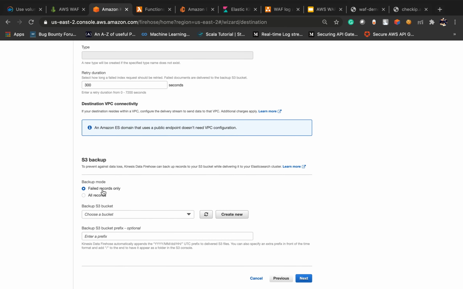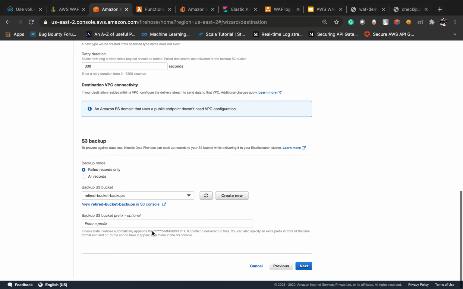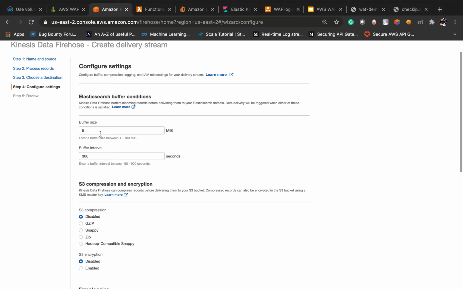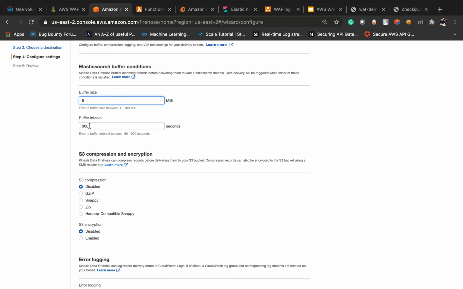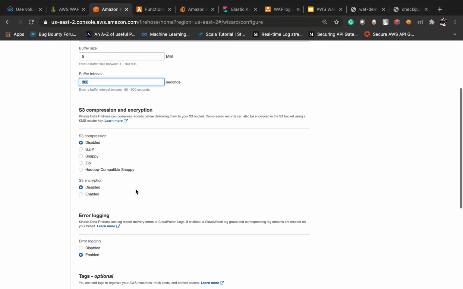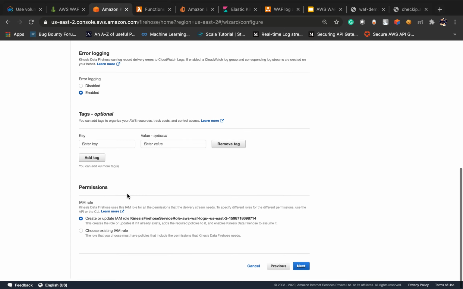All failed records will be added to some bucket, like the one I am using. Next, for buffer size I am taking 5 MB, and the buffer interval will be 5 minutes, so I am going with the defaults.